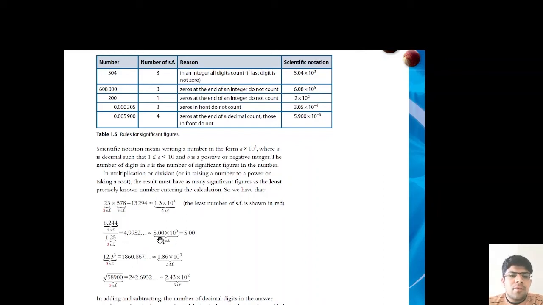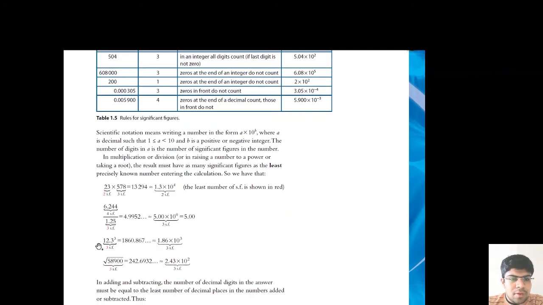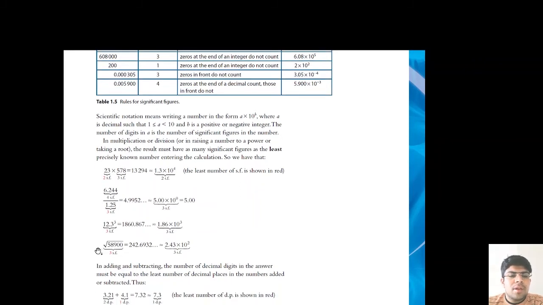which approximately equals 5.00 times 10 raised to power 0, which is 5.00, and we have to show it in three significant figures because three is the lowest number of significant figures here. Yeah. So the next example is 12.3 raised to power 3, which equals 1860.867 and so on, which approximately equals 1.86 times 10 raised to power 3, which has three significant figures like this. And the next example is